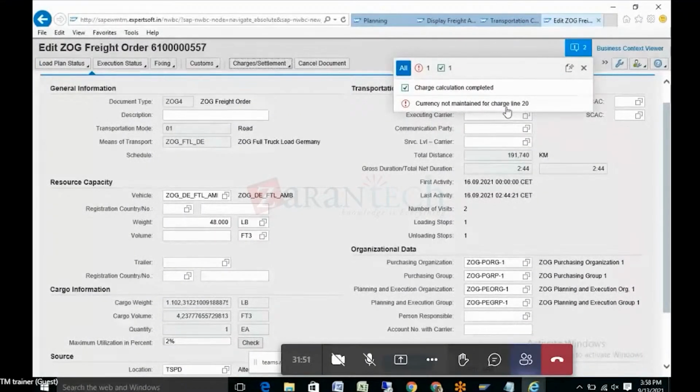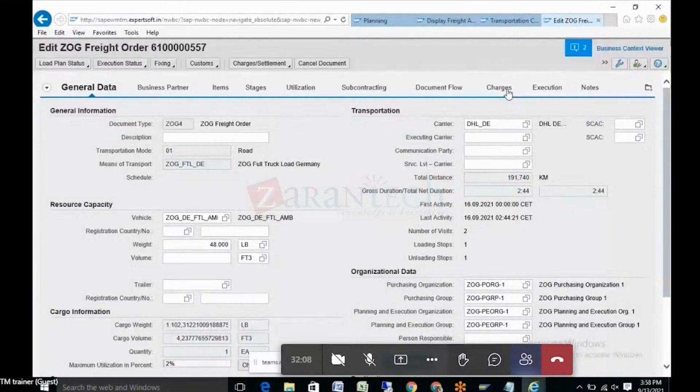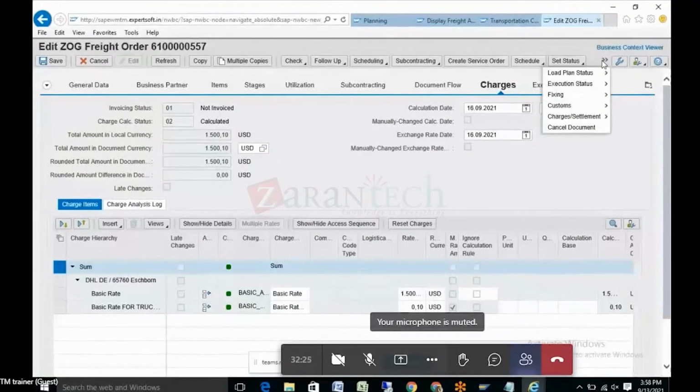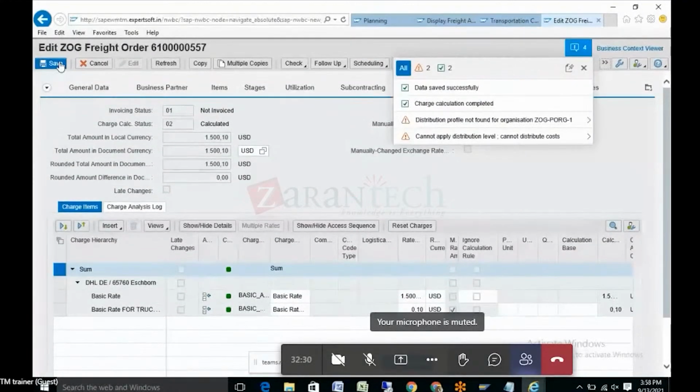Okay, so it says currency not maintained for charge line. Okay, so this is an error message, I think. Yes, currency not maintained for charge line 20. Let me see what is that. So if I go here to charges tab, so okay, so this is also USD. Okay, and then I click on save button. Okay,